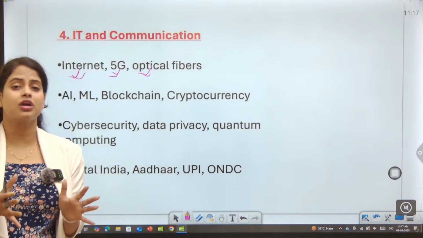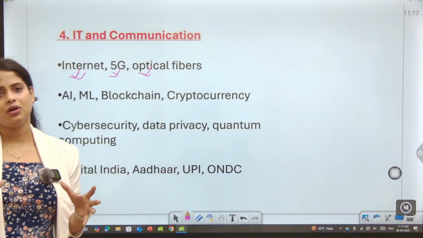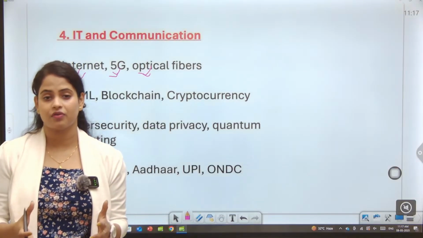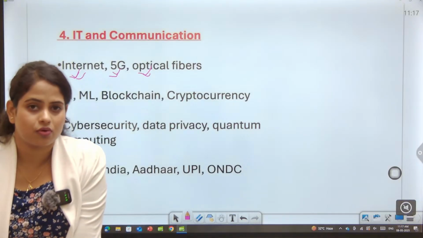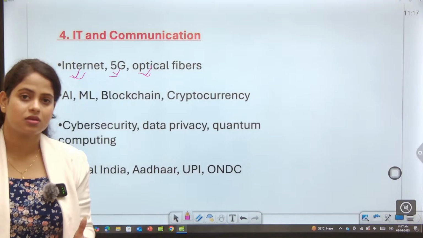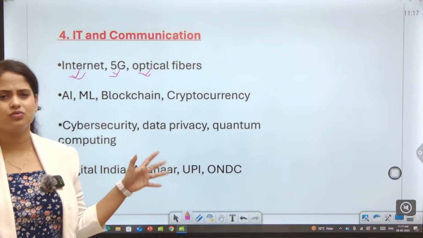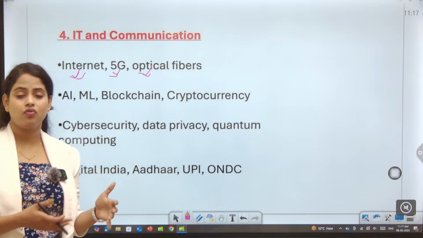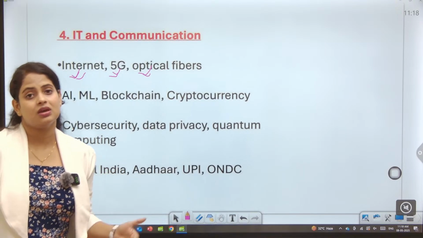If you are strong about IT, some of the students have vital knowledge about mobile phones, about laptops, about computers. If you have that much knowledge, then you can score good marks, because this is nothing beyond your knowledge. If you are interested in reading about the technical terms, then you just have to remember the words. Nothing else. Internet starting year, who first proposed the internet, how we are using the internet,